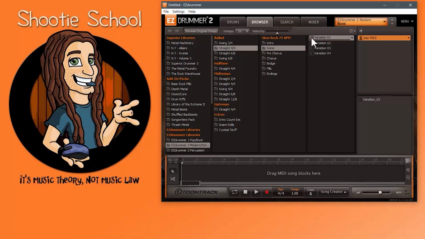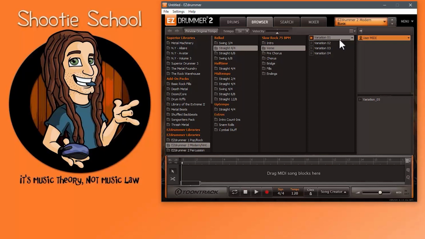This is how you audition each MIDI file from the top of the groove so you hear the beat from the very beginning every time. Each MIDI file will have a small white playhead that gives you an idea of where you are in the groove. If you're accurate enough with your mouse, you can even click and move around the groove like this, but